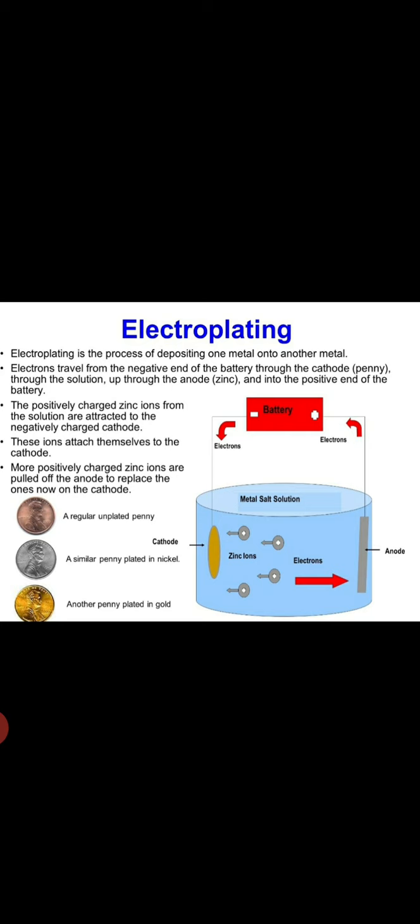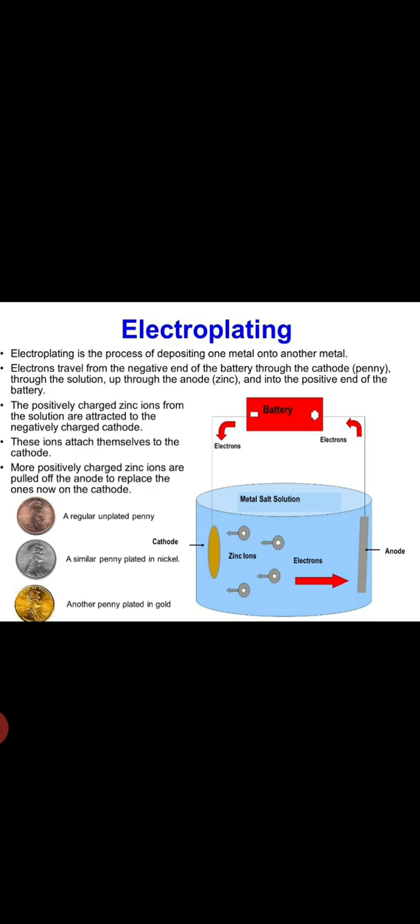So electrolyte में zinc कहाँ से आएगा? It will come from the anode. Anode में से कुछ zinc के ions dissolve होके electrolyte में mix हो जाएंगे. So that's how this works. So we will allow the current to pass for around 20 to 25 minutes, and a uniform coating of zinc metal is formed on the iron nail. So this is how electroplating is being done.